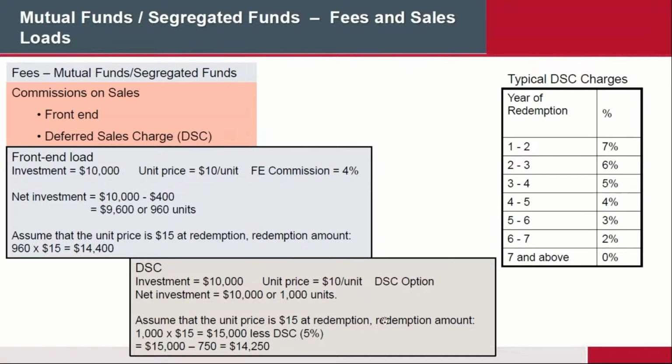If you look at the chart on the right side here, you'll see a table. So 1 to 2 years, for example, is a 7-year charge. In our situation, that 5% was taken out between the 3rd and 4th year, let's say. Because you didn't pay your fees up front, you decided to take the deferred sales charge. What we're going to do is charge you later on if you come to us before the maturity date. Remember that the maturity date is always 10 years.